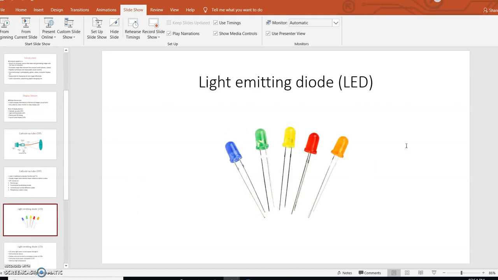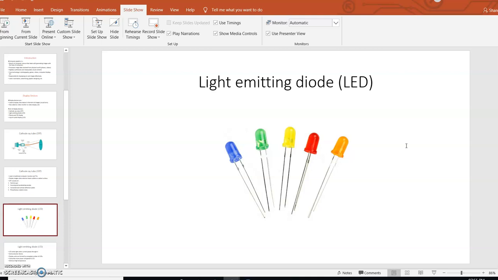Then we will move forward. The next display device we are going to discuss is the light emitting diode, LEDs. Many of you have already gone through BEE in the first year, or you had the subject in the third semester, which was DDL, Digital Design Lab. So at that time, maybe some of you came across these LEDs while performing the practicals. LEDs are mostly used in electronic labs, and commonly on breadboards.